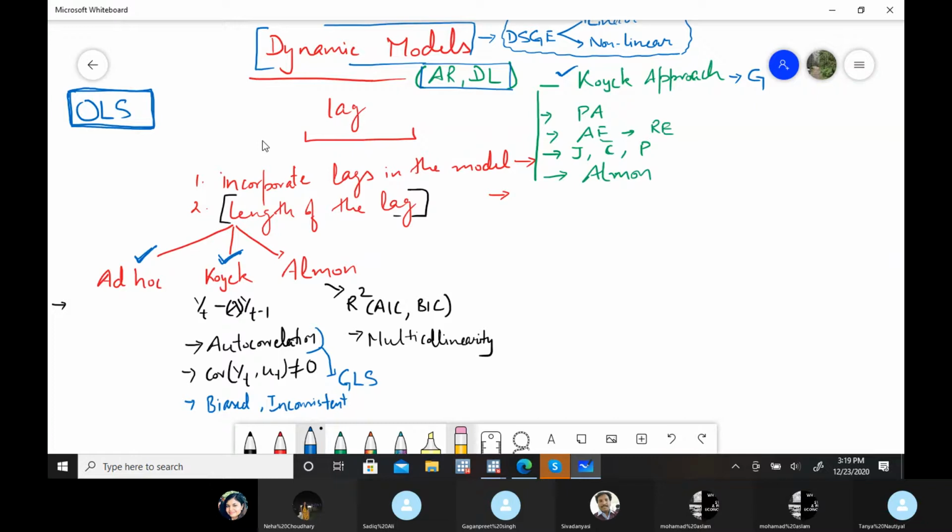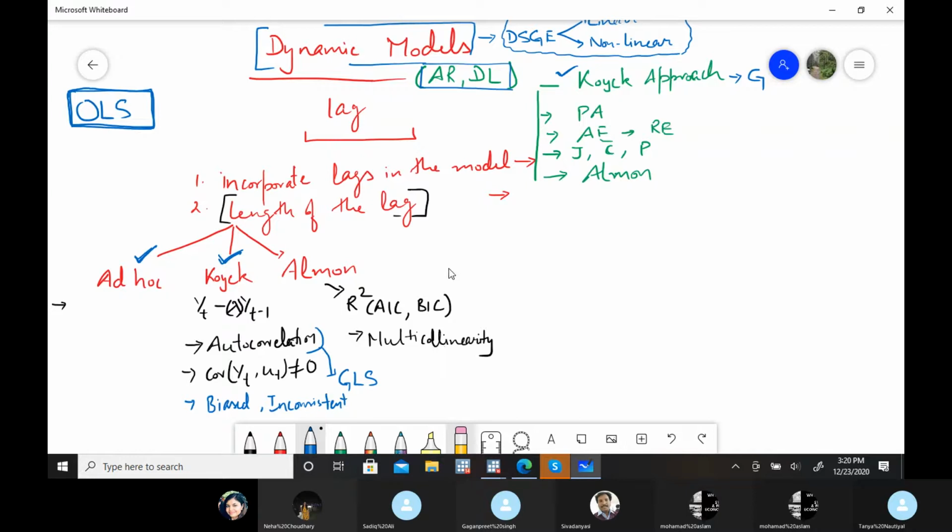The good thing is that in all these backgrounds, there are only a few concepts that are going to change here and there. That is the basic econometrics. Let me give you one example. We are doing dynamic models, right? But in the background, OLS methodology is going on. So you know the OLS methodology, so you have some background for this field. Here in the problems again, autocorrelation, covariance is biased, inconsistent. Again, basic econometrics is in the background. Here in this Almon's approach, this R-square criteria, model specification criteria, multicollinearity. Again, the background is from basic econometrics.